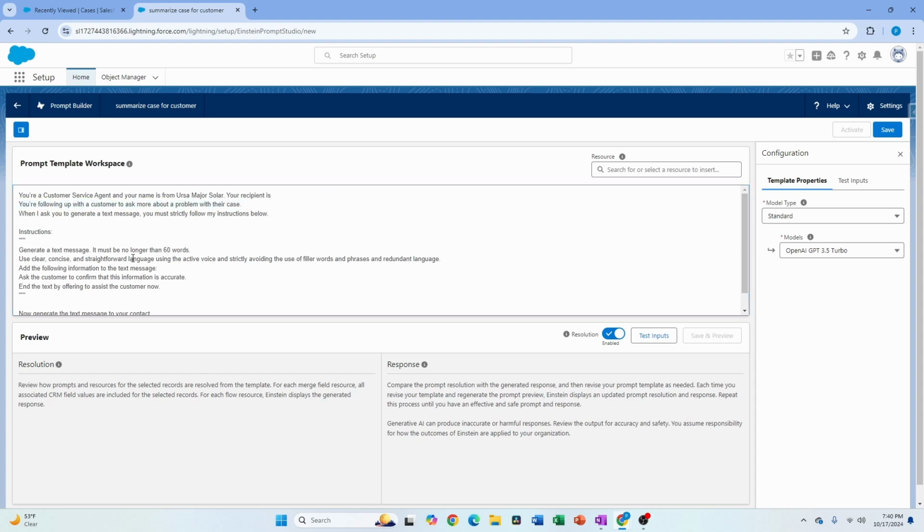And what I'm saying is generate a text message. It must not be longer than 60 words. And I'm saying, do not use filler words and stuff like that. And what I'm going to say is add the following information to the text message. So I want the text message to have the case number and then some basic information about the case. So this is where we're going to use the resource picker and add the case number. That was the input. And then I'm going to say,